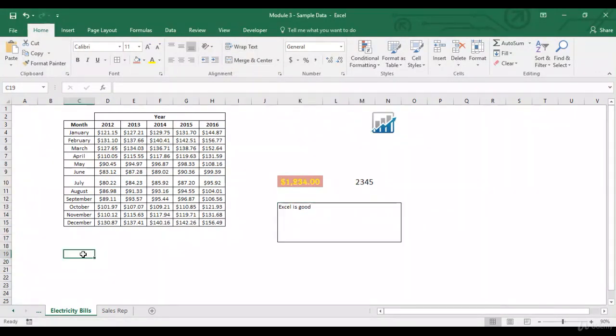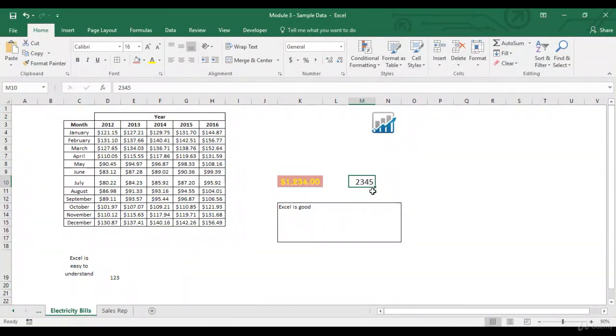Now wrap text. Supposedly I've got a lot of text in one cell itself. So right now, because there is no particular value in this cell, whatever we've written in this is sort of overflowing over to this cell. But if we have anything over here, now we are not able to read properly what is written over here. So let's say when I click on wrap text, everything I can see now in one cell itself. Then using the alignment options, I can change the alignment over here to make it more readable.